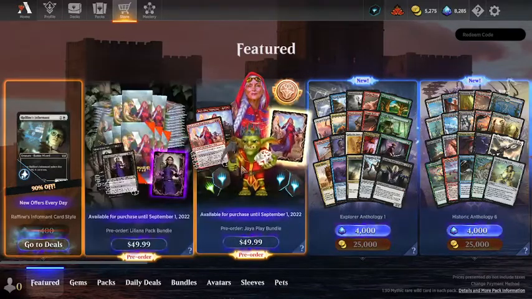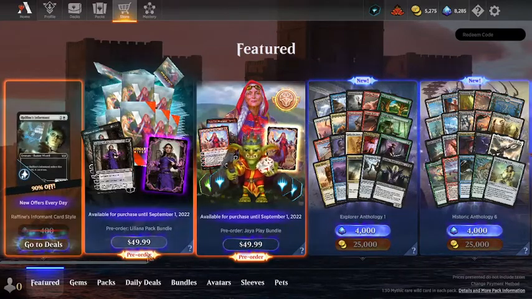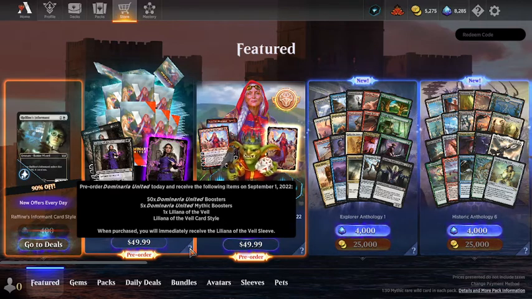Okay, so I'm debating buying one of these two things. I haven't decided. This one right here, you get, let's see, where's that? All right, 50 Dominaria United booster packs. And so if you do 50 booster packs, I'm going to get at least 50 rares or mythics from that set. And then I'm going to get probably